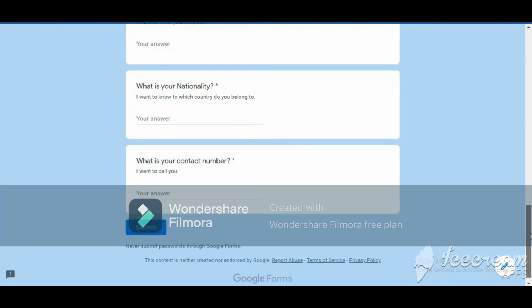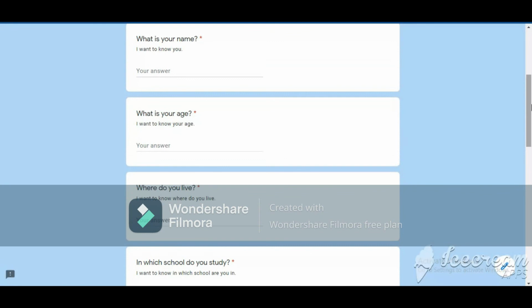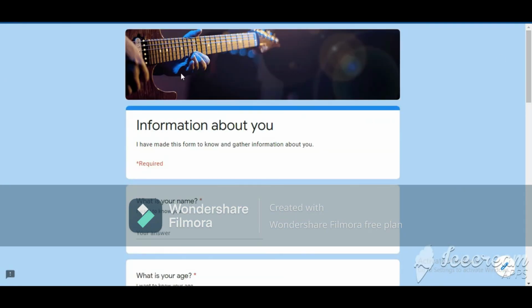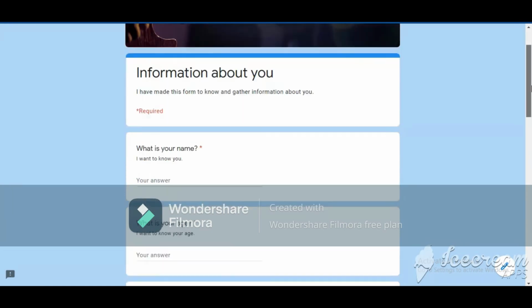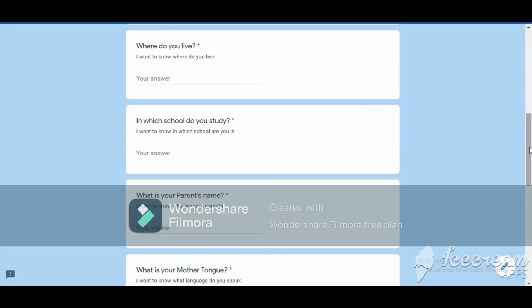So we can get going writing the answers. At last there will be an option called submit. If you have completed all the questions, then after clicking submit, this form will be sent to the person who made it. That means to me. And after that you can view it on responses. So first it is asking the question, what is your name. So I will get going by writing my name and continue doing that.